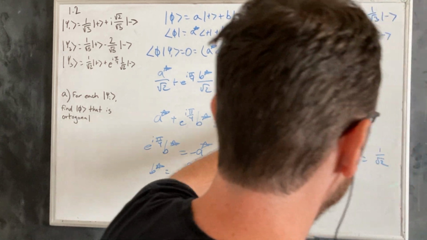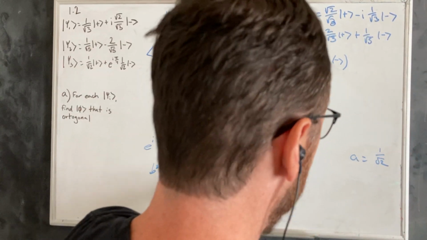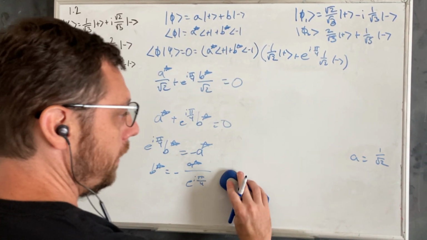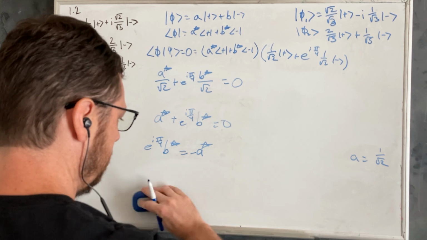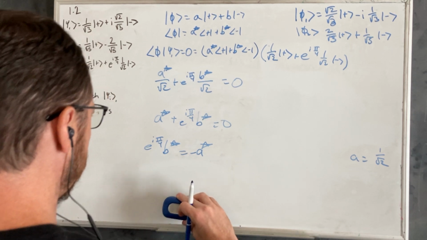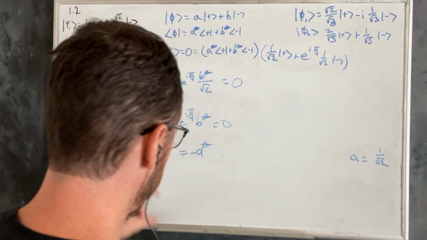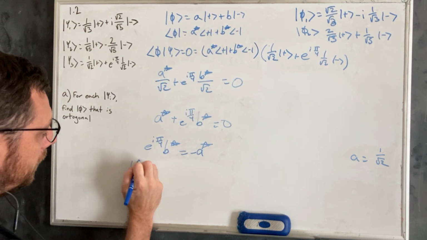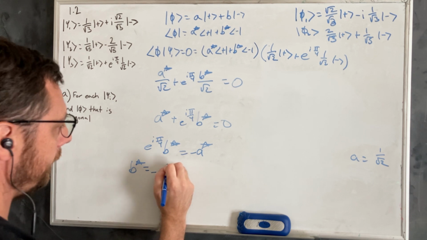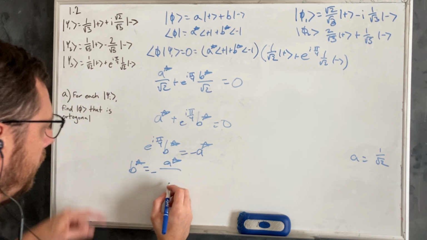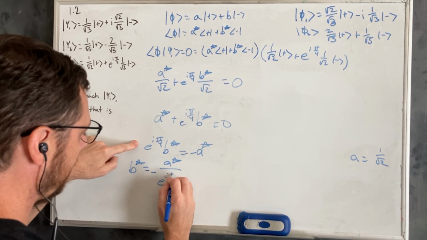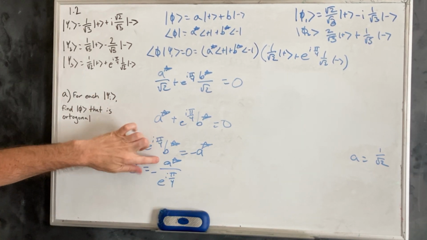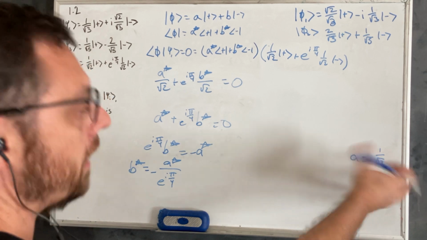And so we know that b is also going to be around 1 over root 2, but it could have that phase with our e's. So oh, did I just erase my b? Undo. Where's the undo button? It's okay, I'll just rewrite it. So we're going to have b star is equal to negative a star over e to the I pi over 4. Okay, so now our a we have right here, actually this is a star, so complex conjugate that,